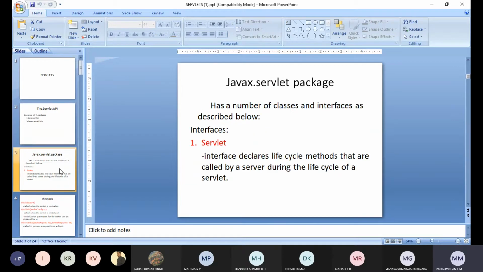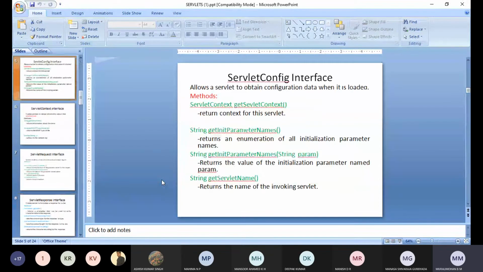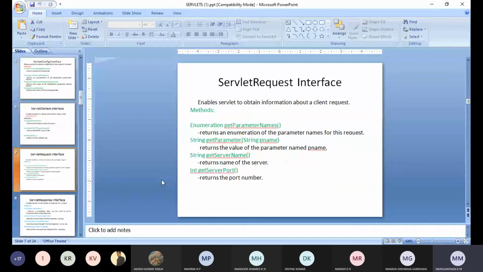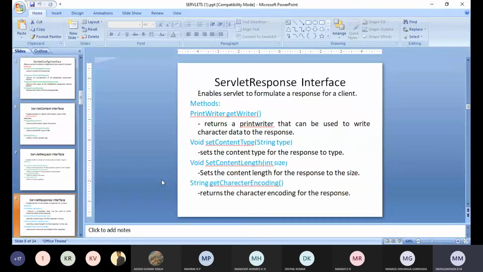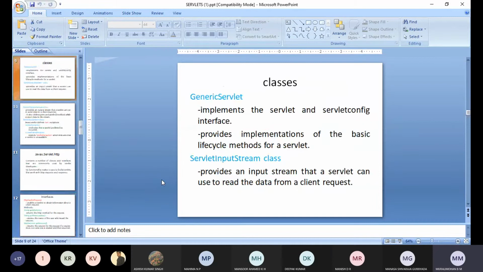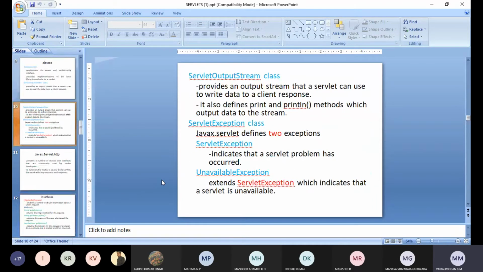The interfaces are: the Servlet interface, ServletConfig interface, ServletContext interface, ServletRequest interface, ServletResponse interface. Next, what are the classes we have? GenericServlet, ServletInputStream, ServletOutputStream, ServletException. So these are the classes which are there inside the javax.servlet package. Is it clear?